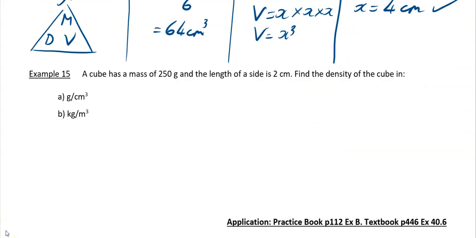Okay, this is our last example on density, mass, and volume. In this one it says a cube has a mass of 200 grams and a length of 2 centimeters. Find the density of the cube in grams per centimeter cubed. So for A,